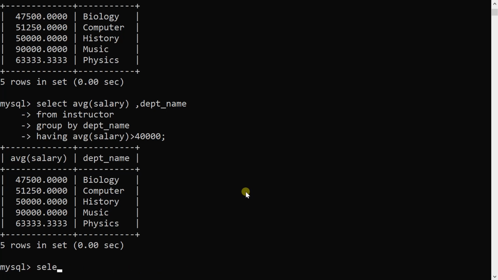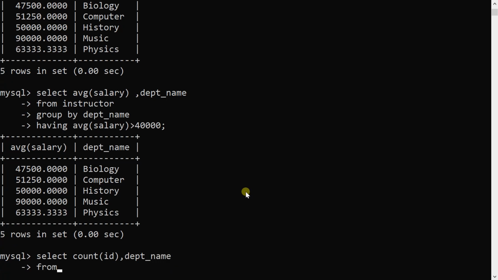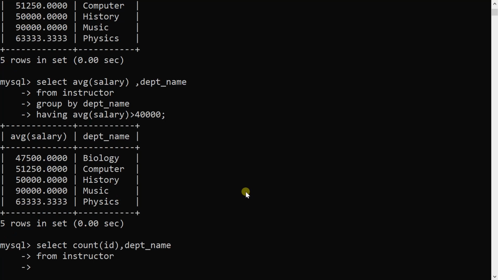Select count id, department name, because department wise we have to give the count, from instructor, group by department name.